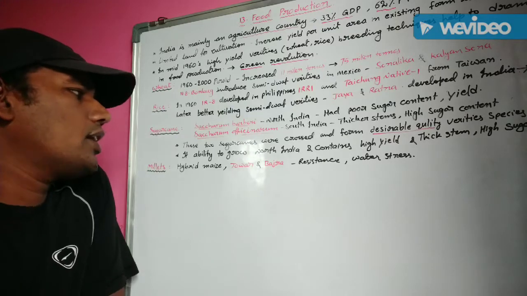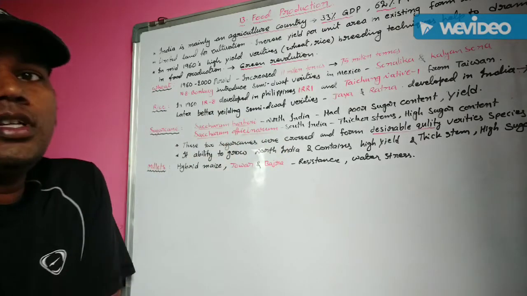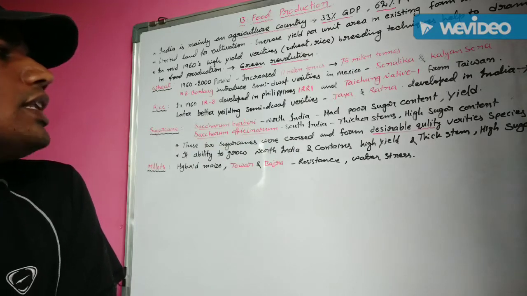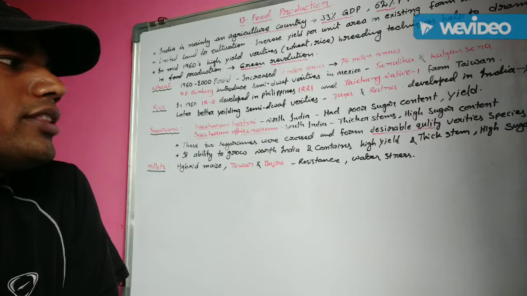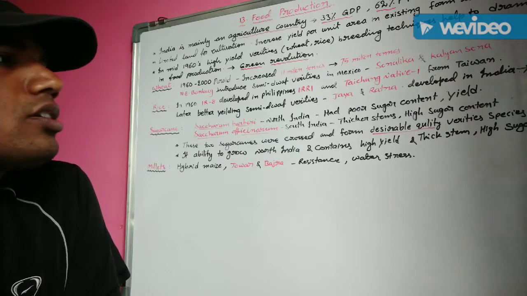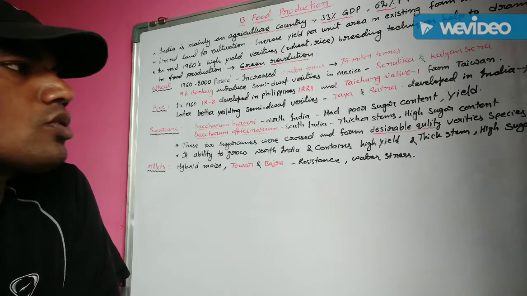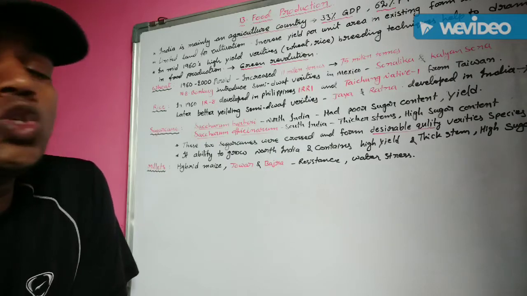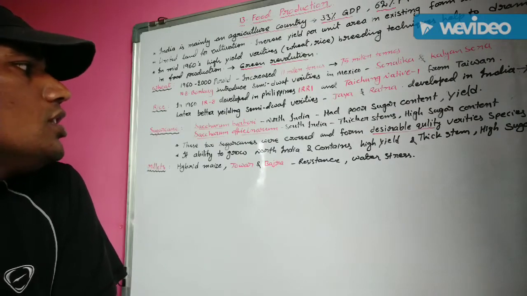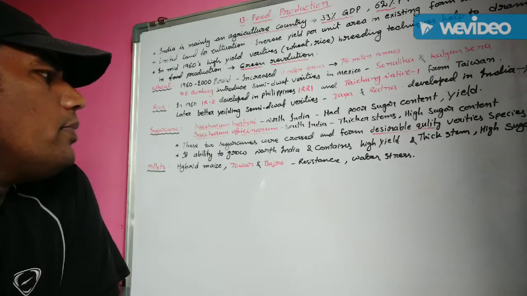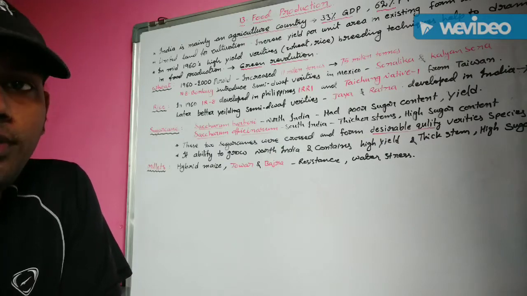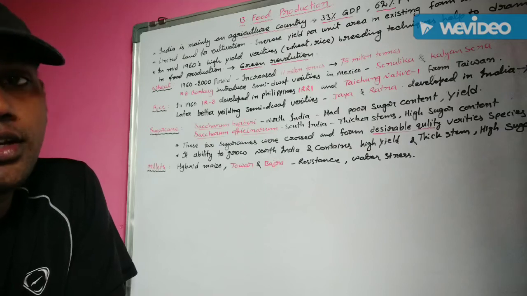Another species is Saccharum officinarum. It is especially grown in South India, not North India. Its stems are thicker, including the internodal regions, and it also has a very high sugar content. So these Saccharum barberi and Saccharum officinarum are crossed with one another and form a new variety of sugarcane